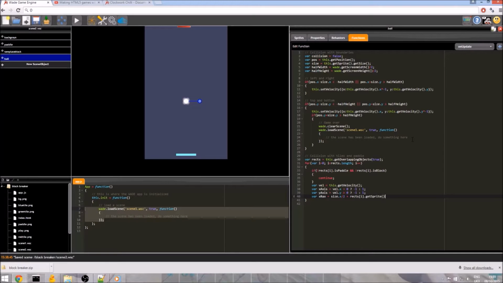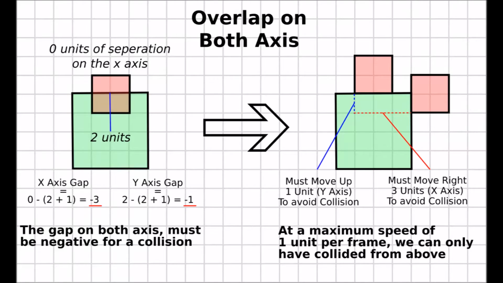So anyway, we get the sprite, we get the size of the sprite, and we do .x over 2. So in effect, this gives us a number which is half the size of the ball in the x direction plus half the size of the block in the x direction. Now this will become useful because we can then use this to calculate how much the two objects are overlapping on the separate axes.